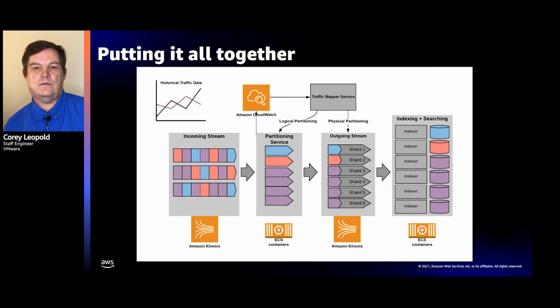This is simplified to only show 6 shards, and in reality, if we were designing that small, we would just over-provision the shards and call it a day. But when you start talking about 20,000 shards in a stream, over-provisioning becomes a significant cost issue, and it becomes important to manage scale with automation.